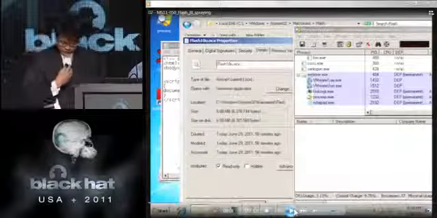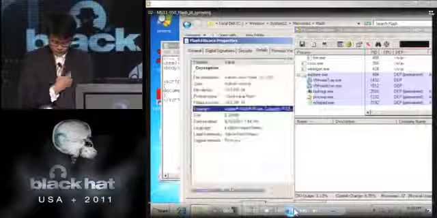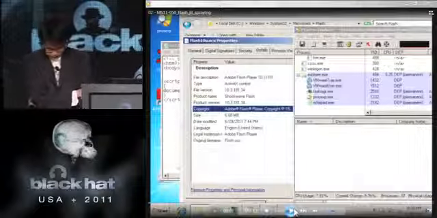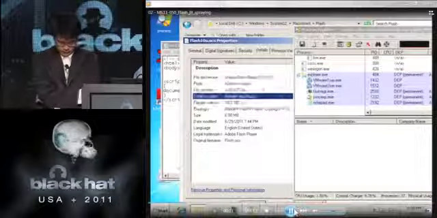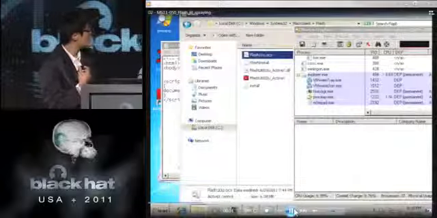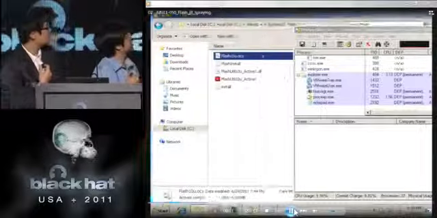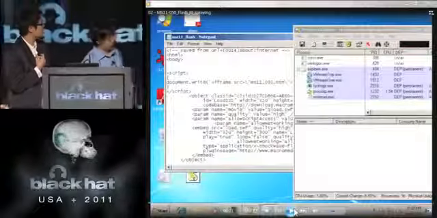The flash is the latest version. Here is the exploit.